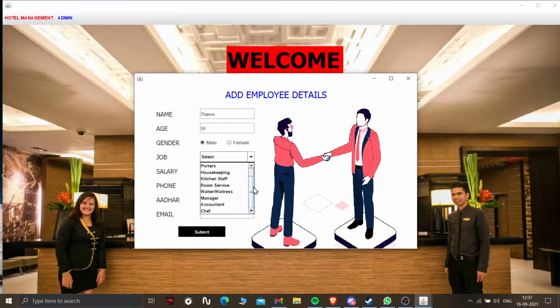Job, let's say housekeeping, salary 40,000. Phone number something like this. Aadhaar number, 12 digits, random something. Email ID thanos@gmail.com. So submit. Yes, new employee added.